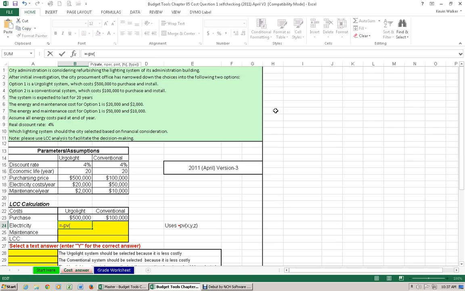All right, so XYZ. The X is the rate. All right, the rate is 4%. The 4% is in cell B15. So let's put in B15. Put a little comma in there to separate it. Next thing is what the amount is that we wish to bring back to present value. In this case, it is,